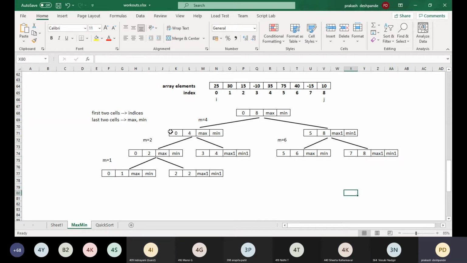Okay. Now when we divide the original problem and keep on dividing until we reach the end point, that is the small problem, we need to start combining the solutions. Sometimes the students will make a mistake at what particular position we have to start combining the solutions. So the best thing is to look into the tree, at the bottom of the tree. Here you can see this is the first level, top level, then this is the next level, and this is the last level.